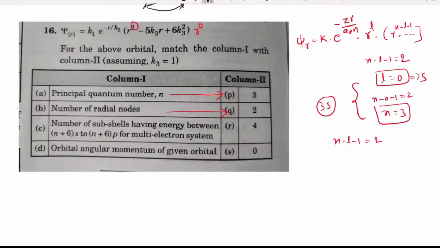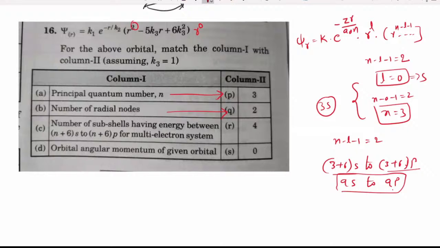Next one: number of subshells having energy between 3 plus 6s to 3 plus 6p, that is 9s to 9p. I already told you, whenever in a period,